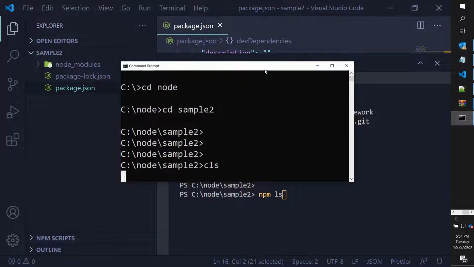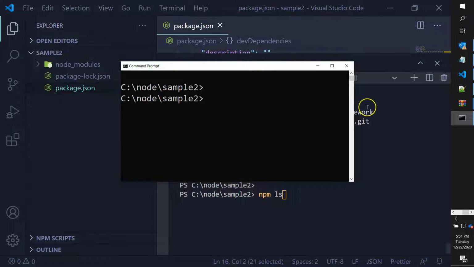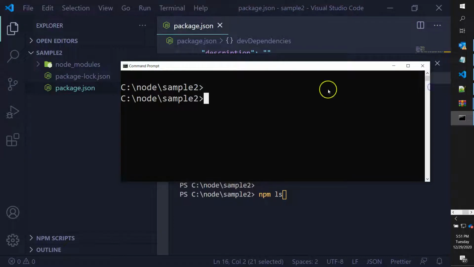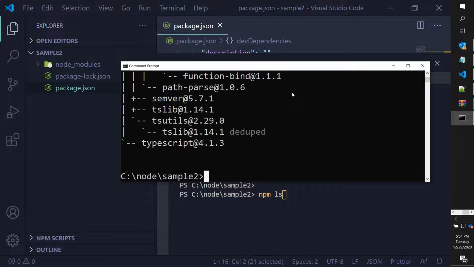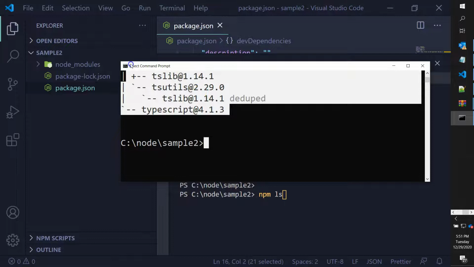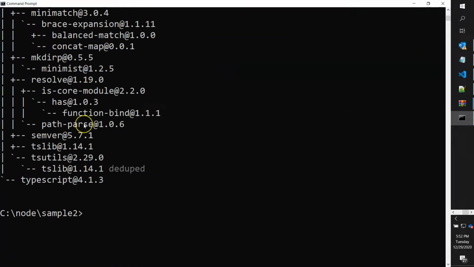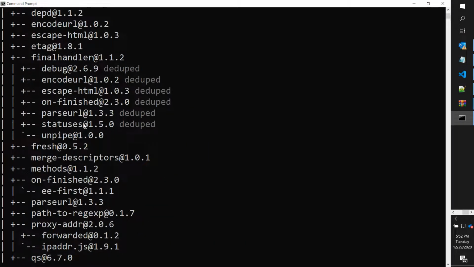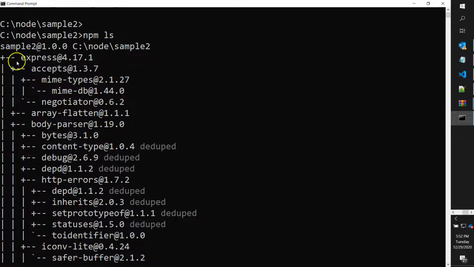So normally you can use this command, npm ls or npm list. Both are okay. You can give it as npm ls or npm list. The npm ls by default will show you all the dependencies in a tree structure. If you see this, it says that the